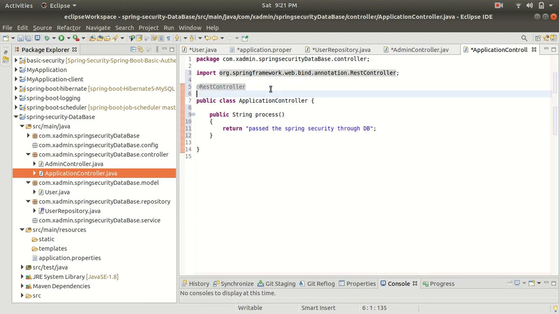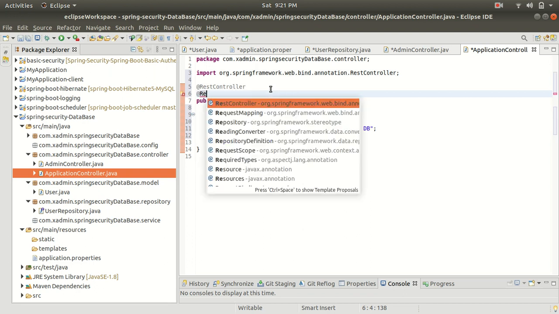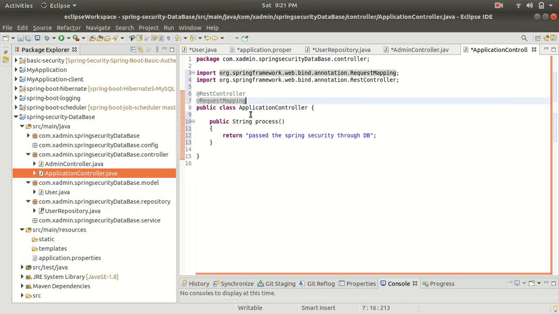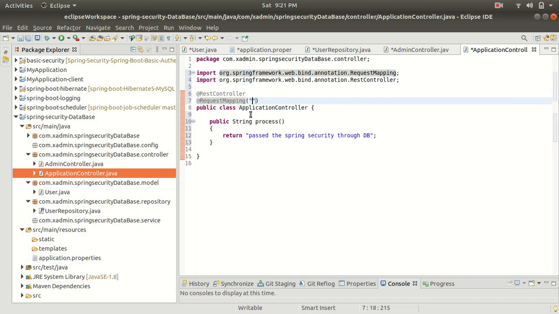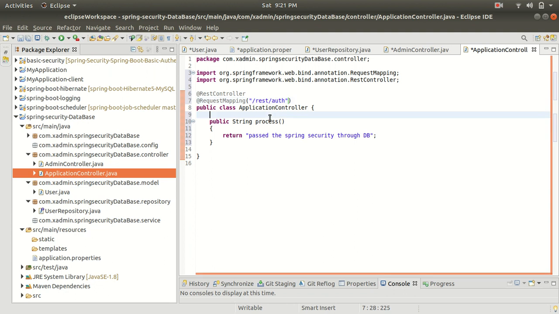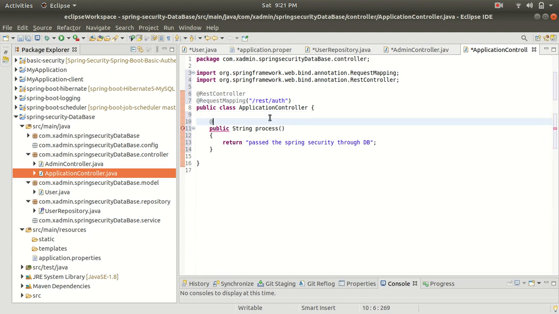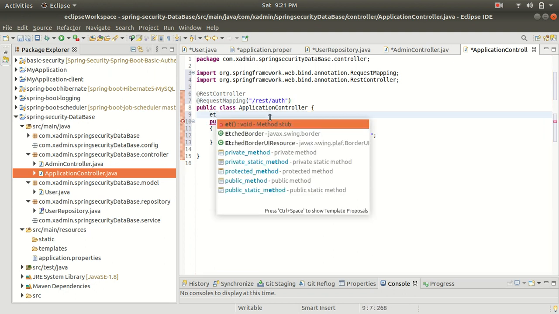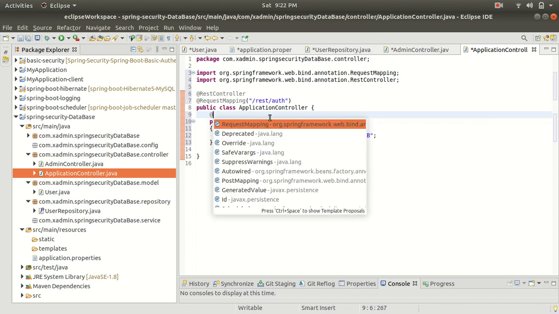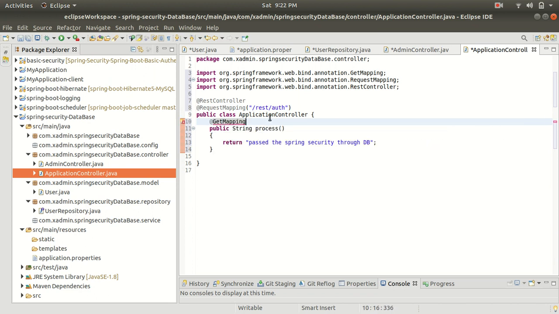So let's add a request mapping to this, and here I will provide the URL as REST auth. Alright, so let's put a get mapping here. So let's put the URL like process.